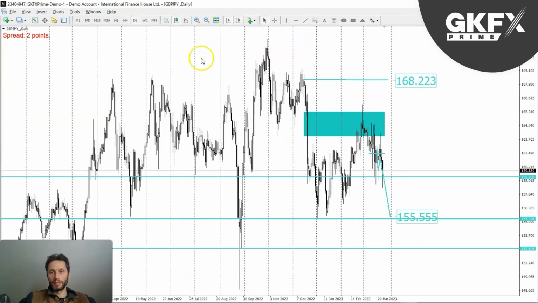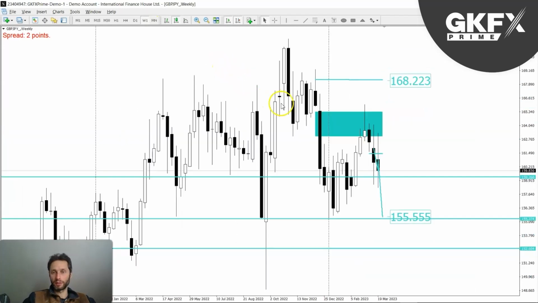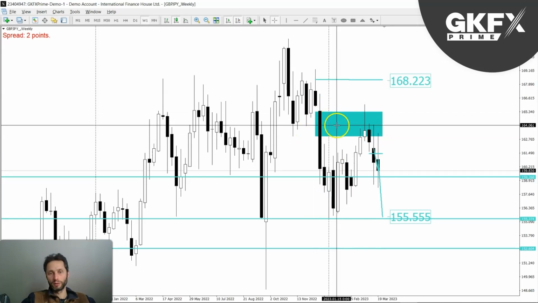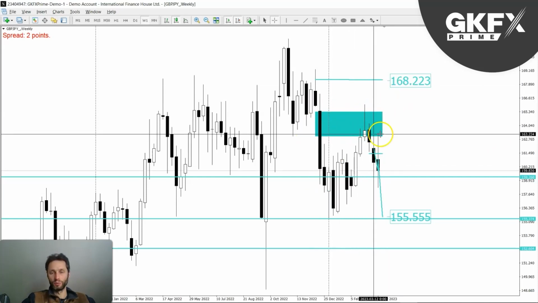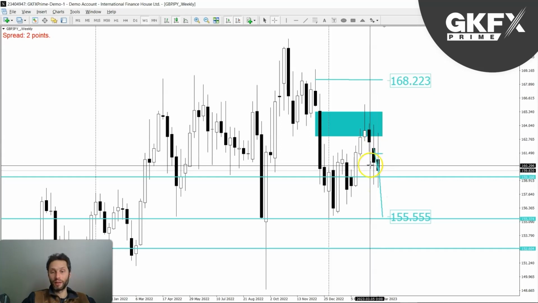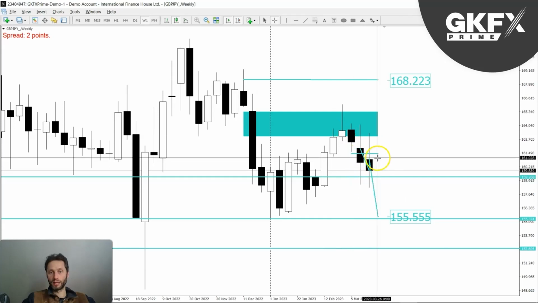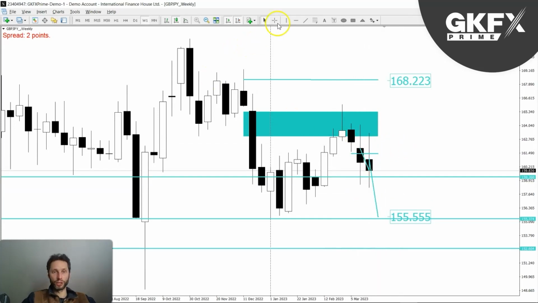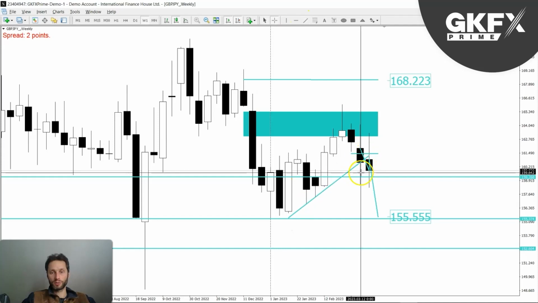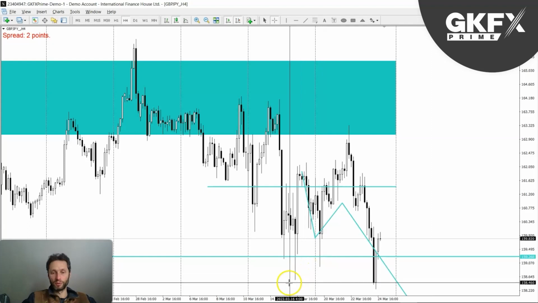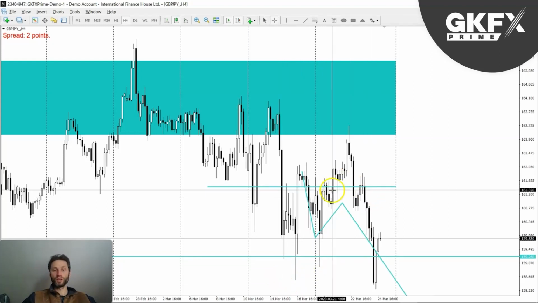Okay, the next one on my list is the pound yen. Once again, I'm going to have a look at the weekly, and on the weekly you can see here that we have made this swing, reached into this area that I was looking to bounce from, and we have indeed have that happen. And the next weeks here, you see these 3 up candles, 3 down candles, and the week closed bearish. Some people will see this trend line and will consider the break, but either way, it doesn't matter, because we have a weekly closure to the downside, lots of weakness, and we've broken through these previous structures to the low, so I'm expecting further downside.